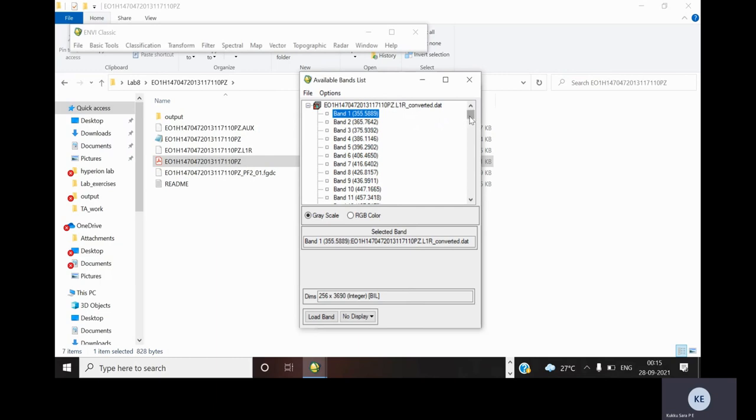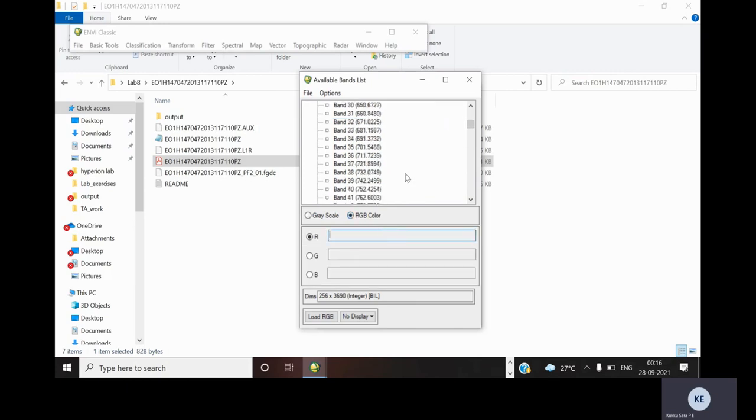Here you can see all the 242 bands of the Hyperion dataset. If you want to open the RGB color image of this data, click on RGB and select the bands. So we open a standard false color composite,